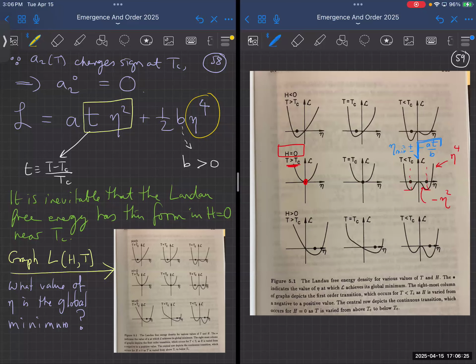Okay, now let's ask what happens when I have an external magnetic field. So it doesn't really matter which way we do it. If the external magnetic field is positive, we get the graphs that look like this. If the external magnetic field is negative, we get what's up here, but everything is just shifted to the negative side. So now you can see what happens when there's an external magnetic field: the transition kind of looks weird. When you go through TC, nothing special happens here. The solution doesn't change sign, but over here,